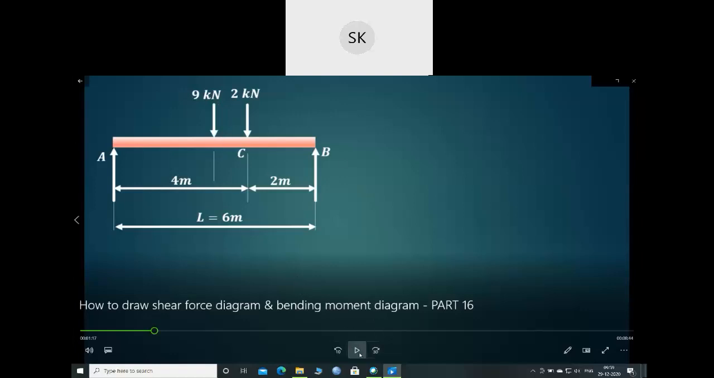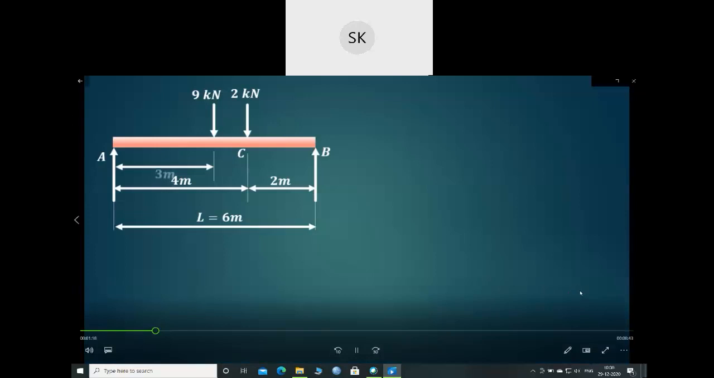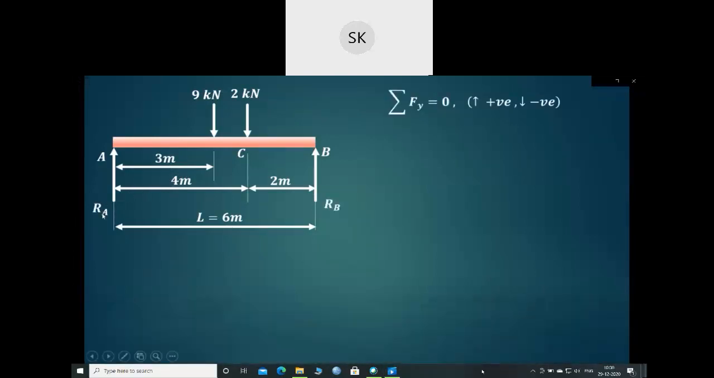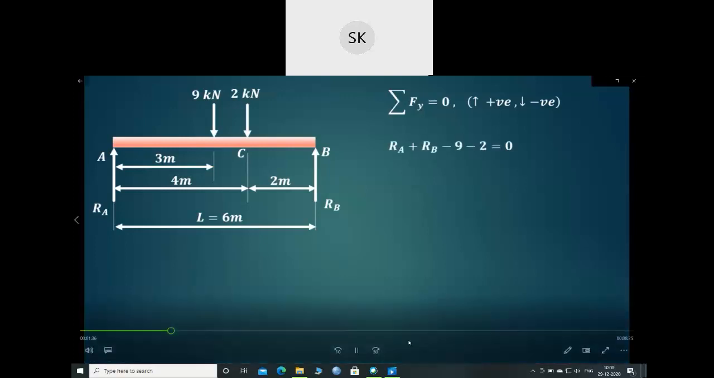Okay, so let's see. At a distance of 3 meter, that is half of this particular 6 meter length, as shown over here. So now we'll find out these reactions Ra and Rb. The first condition of equilibrium is summation of forces in y direction is equal to 0. Upward forces are considered as positive, and